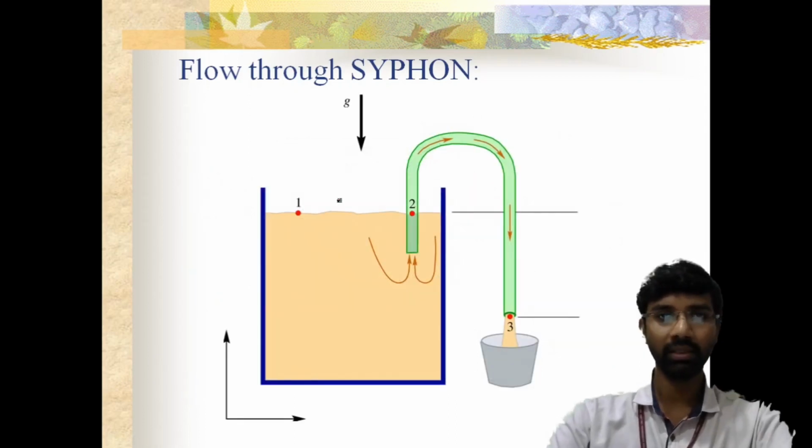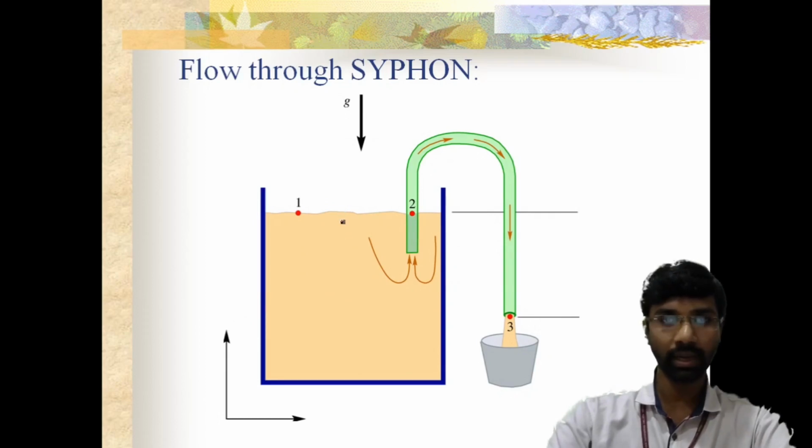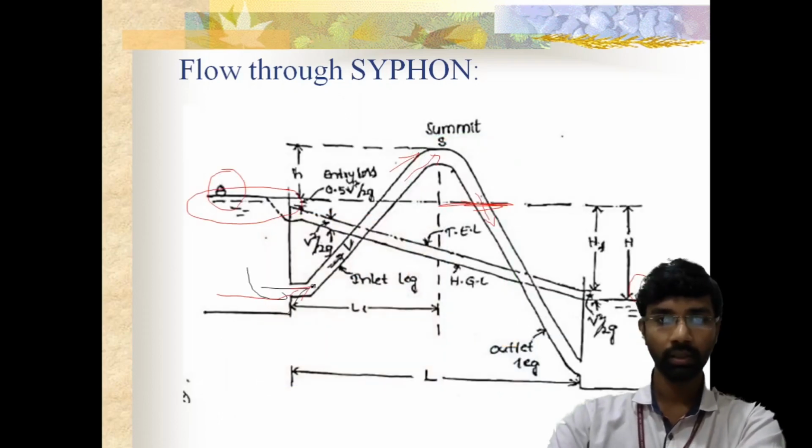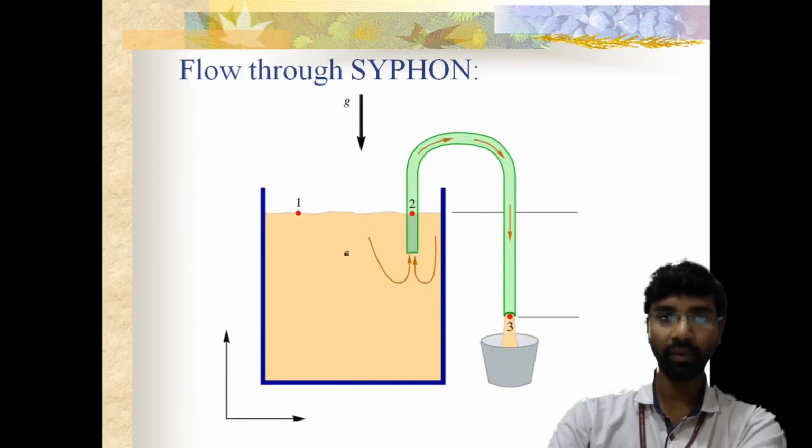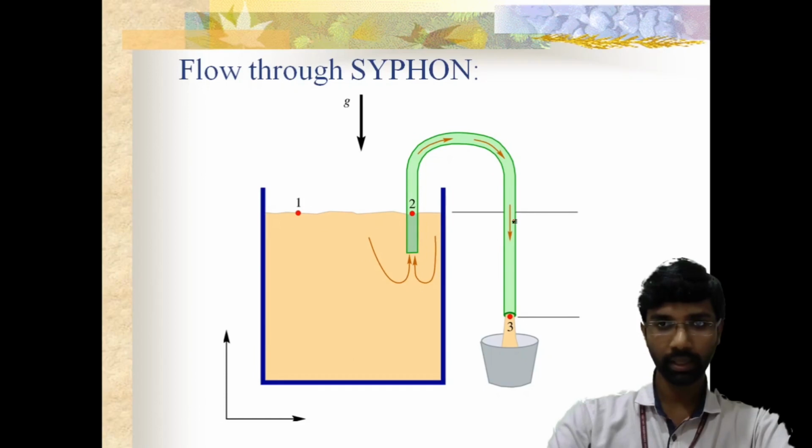See, this is also the same diagram. This is another type of connection. In the earlier one, the outlet connection is at the bottom, or this is the tank where there is no outlet. In this diagram, you can observe a tank which has no outlet point, but this type of connection is made from the top. See, it may not be possible for a fluid to enter into this upper elevation on its own, but it needs a little suction.